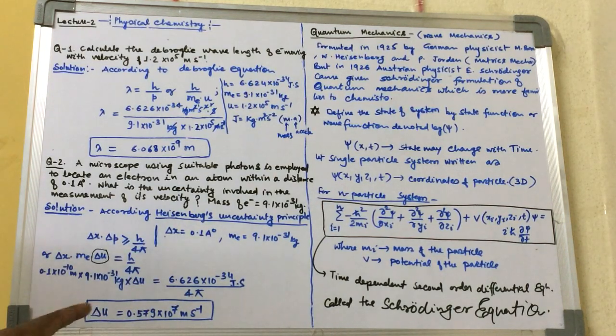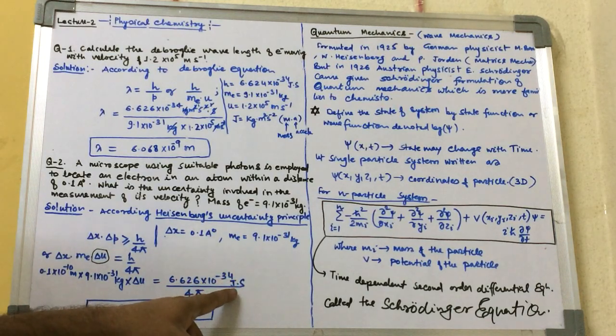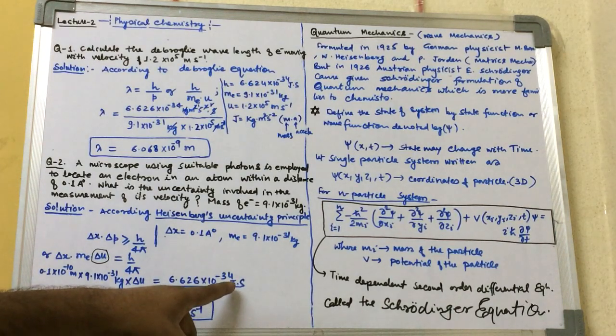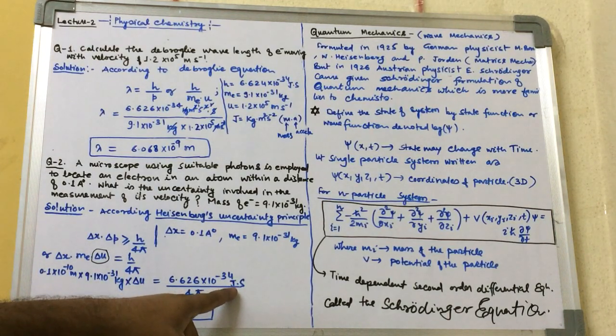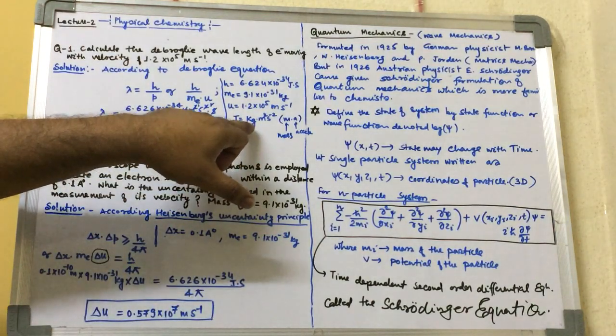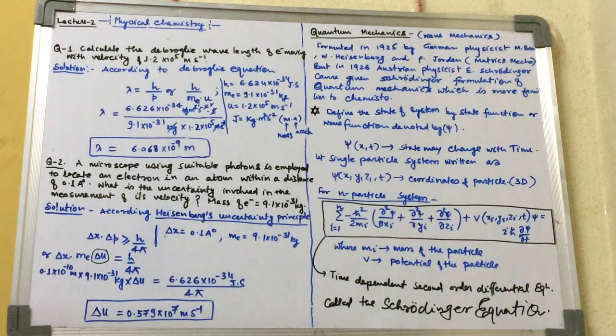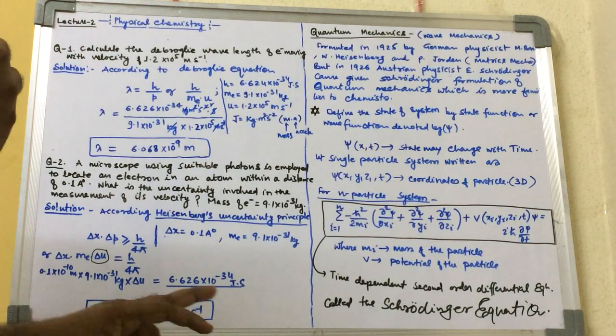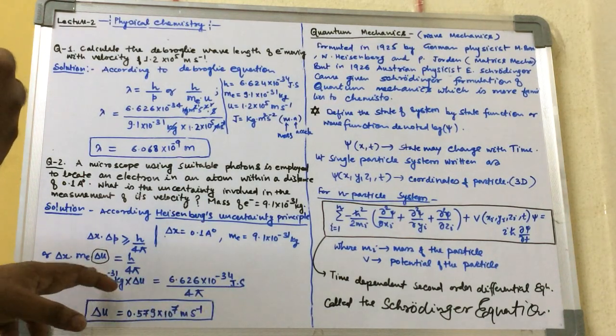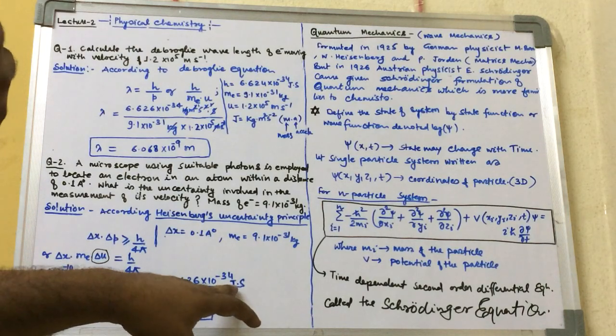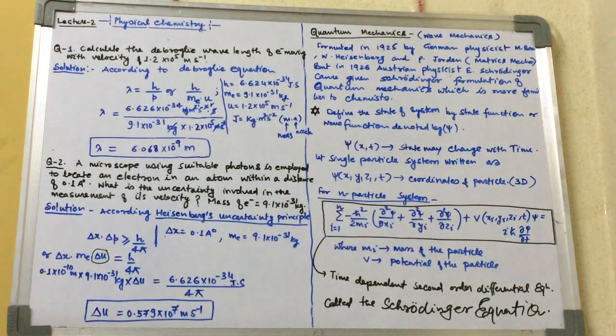After simply solving, you will get this value. Here you also put this joule value, this unit in joule, kg meter square second minus 2, then you will get meter second inverse, because here joule you cannot cancel with this left side unit, so you could also change this joule into kg meter square second minus 2. So you will get the uncertainty in velocity of these measurements.